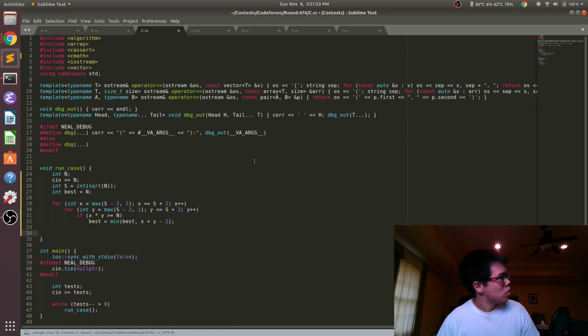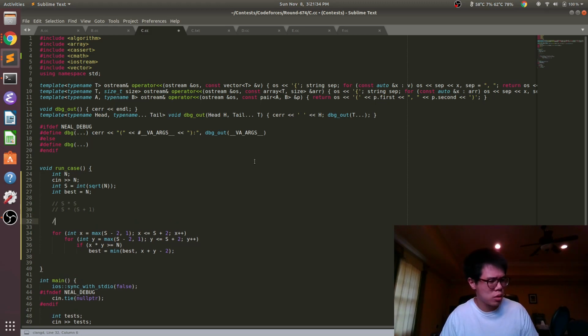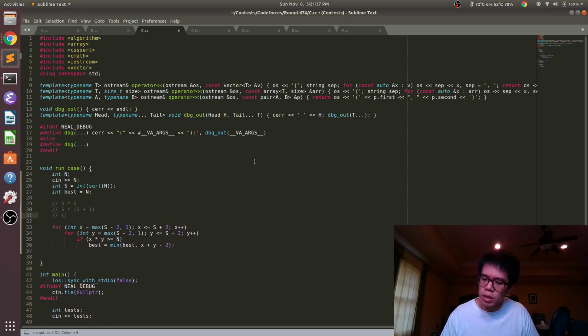Yeah, I think in reality we only need to consider s times s and s times s plus 1, and perhaps, let me think for a sec. Yeah, perhaps s plus 1 times s plus 1, and I think that should be sufficient because this is definitely big enough. And then if we want to get a sum smaller than this, then these are the only real options. But then doing this loop, it's still constant time, and it's just definitely less error prone. There's no way even if you did this calculation off by 1, you'll still be safe.